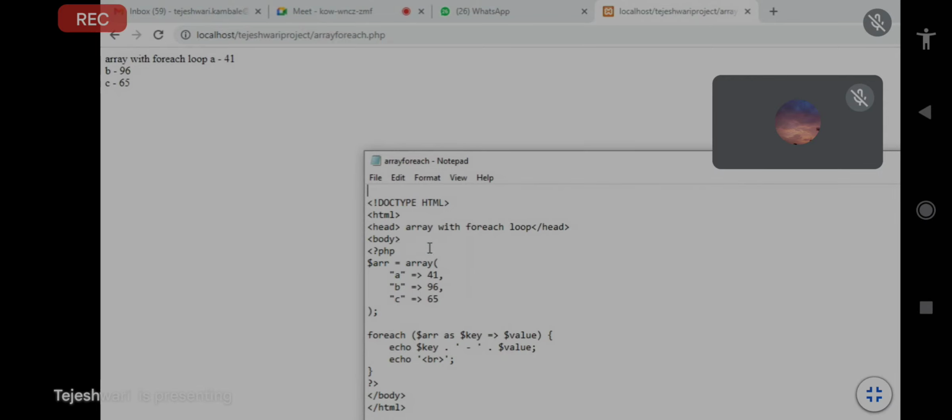In the head part, I already mentioned one statement, that is array with for each loop. So that's why the first statement in the output is array with for each loop. Okay, and in that next